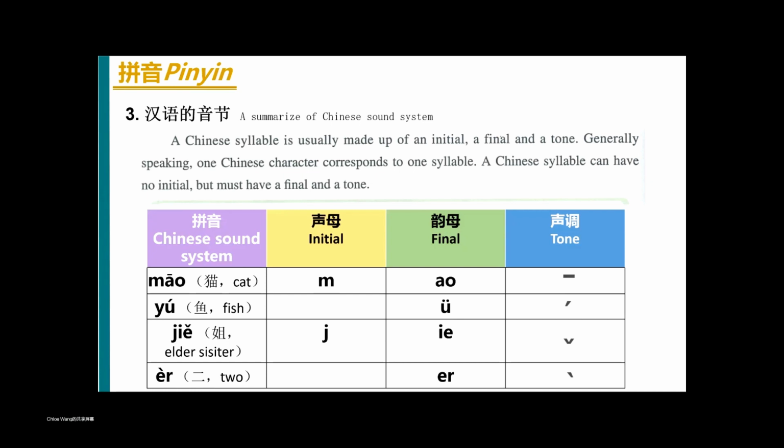And also, when we are using it, we have some special rules for it. Once again, when ü acts as a syllable by itself, it is not in our initial system. It's just a special change here.